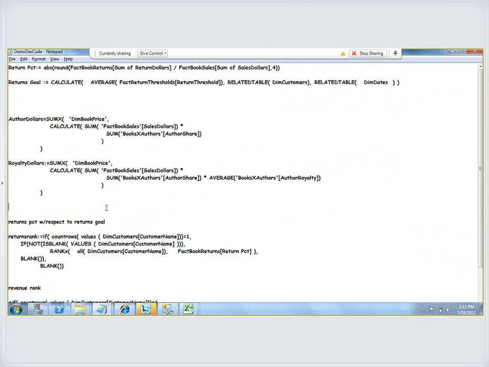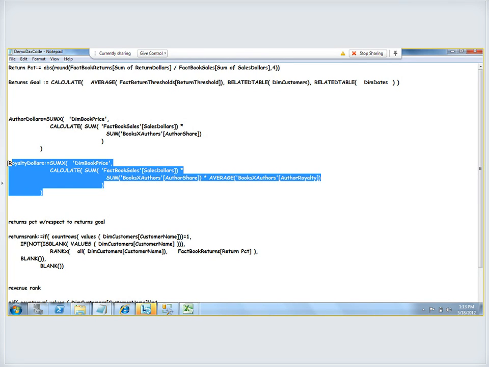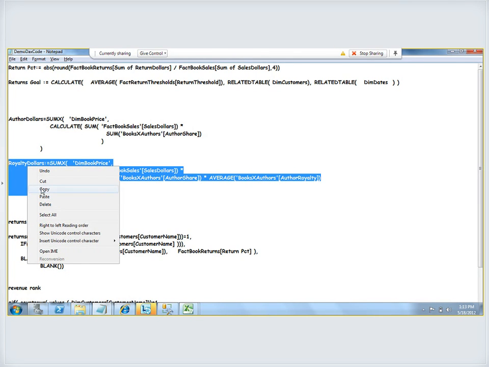Here we go. So I've got another calculation here called royalty dollars, which is essentially that same calculation for the author dollars, and also brings in, because an author might have had different royalties for different books, the average for any one royalty instance, and that'll be the royalty dollars. Again, when we get into DAX in a couple of weeks, we're going to talk about DAX more in detail, but essentially we're taking the same calculation for the author dollars and applying the author royalty to it. So I will copy and paste this